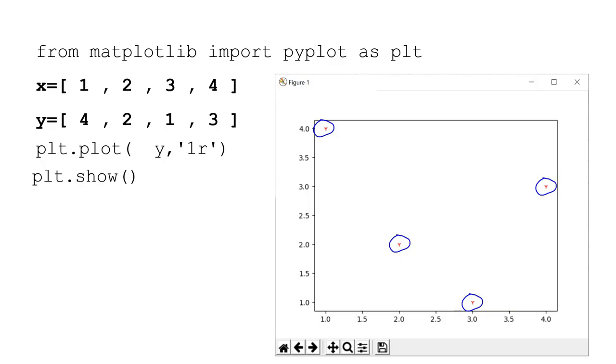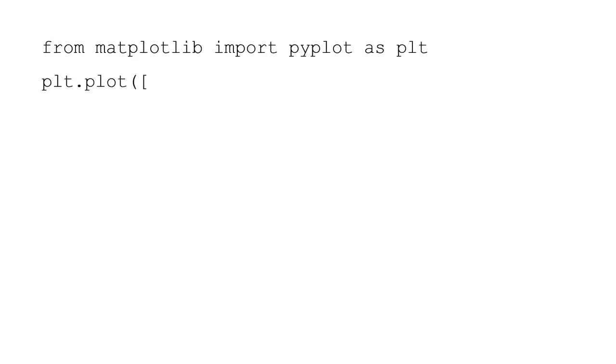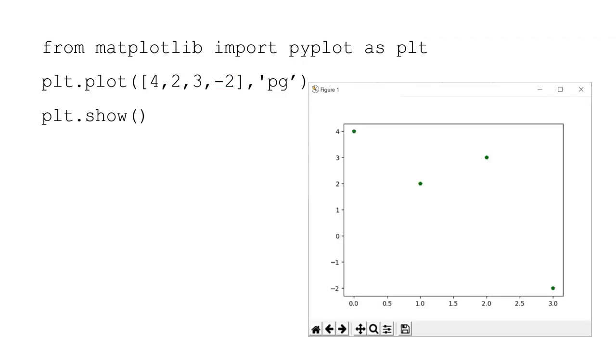if the plot function is supplied with only one list instead of 2, then this list is taken as the argument for y coordinates and x coordinate values are taken as integers from 0 to length of the list minus 1. Here is an example. From matplotlib import pyplot as plt, plt.plot([4, 2, 3, -2], 'pg'). Here the plot function has only one list as the argument. The points will be plotted at (0, 4), (1, 2), (2, 3) and (3, -2). Then plt.show. The output produced by this code is,